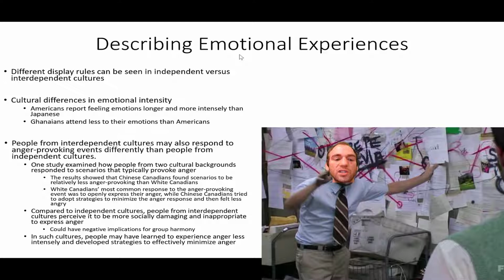develop strategies to experience less initial anger and or minimize anger over time. That is, return to a baseline. So after experiencing anger, returning back to a state of equilibrium or calmness in general. So not only is that possible initial spike in anger more intense for Americans, but the duration of anger and expression of anger is longer in Americans and individualistic cultures compared to